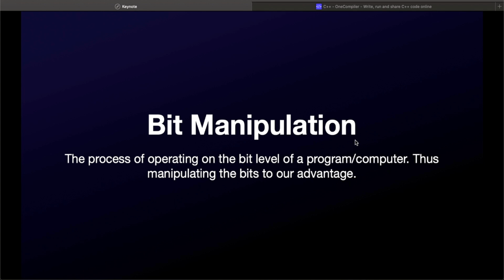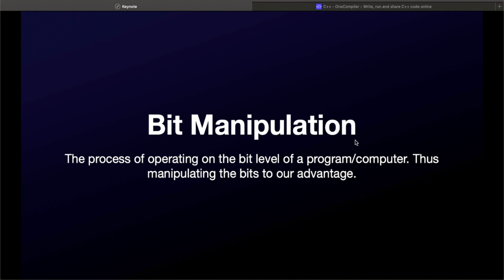And why do we do that? It's more optimized, and we have cryptography based on it and a lot of other stuff. So it is more advantageous to us to learn bit manipulation if we're looking for some more optimization in our code and whatnot. So now let's look at the operators that we're going to be using in order to achieve